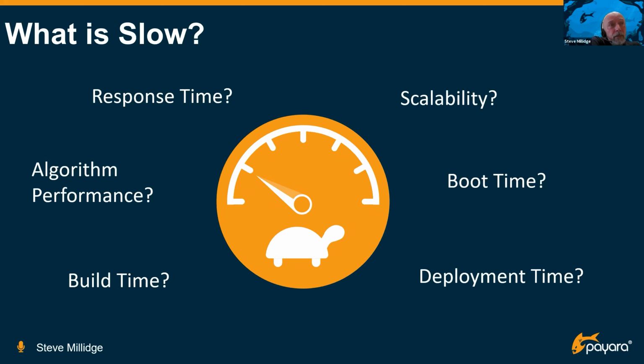Then we have build time. Well, building a thin WAR is much faster than building a full container with all the different layers from scratch. So build time in Jakarta EE tends to be really, really quick. And then we have deployment time, which is how fast it deploys an application. And again, this may take a few seconds, up to tens of seconds, depending on what you put in your application. The more you can use just the Java EE APIs, the faster your deployment will be.